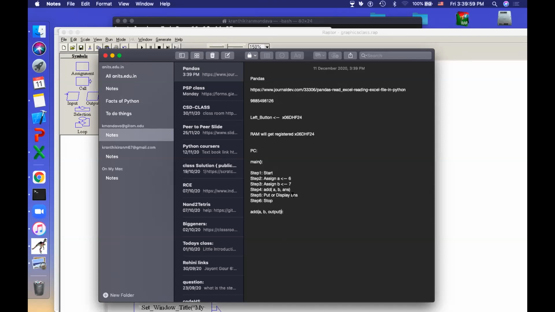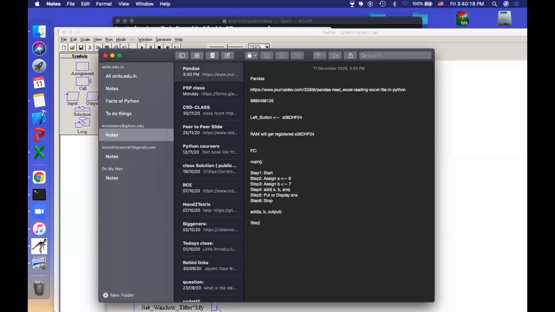Generally in programming, you don't give this output like this. In programming, what you mention is simply C is equal to add of a comma b. You don't even mention this one. That time I will try to change it. You will also change for the programming perspective. For now, you are only going with Raptor, so I'm mentioning it like this.